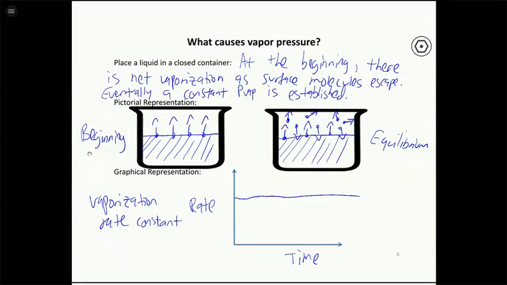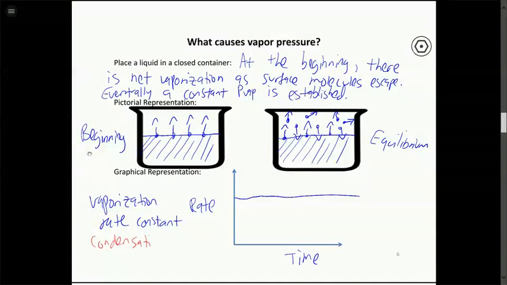All right, so our condensation rate increases initially because we're only going to have condensation when there are molecules in the gas phase to condense. As I said at the very beginning, you don't have any vapor molecules in the gas phase, so there's nothing to condense, but over time you get more molecules into the gas phase, and then more of them are going to start condensing, and so the rate of condensation increases. But it's eventually going to get to a steady value that's equal to the vaporization rate, and that's when you get to your stable vapor pressure. So it looks sort of like this.